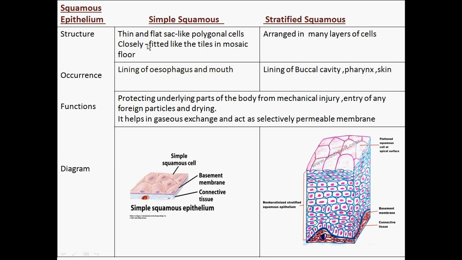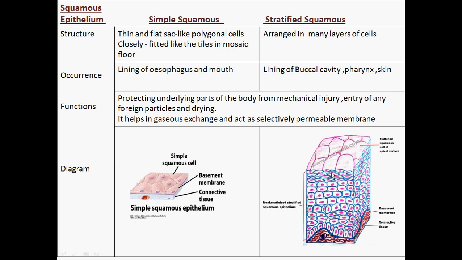Now students, the cells of the squamous epithelium are thin and flat. Why are they thin and flat? They are thin and flat so that they are able to absorb nutrients and other things from the different layers, and the permeable nature of this epithelium is the reason for its thin and flat structure. The layer of the cells is very thin. You can see in this figure, this is a simple squamous cell and it is a single layer, and below it there is a basement membrane which has been marked in the figure, and below that there is a connective tissue. It has a single layer so that it has a permeable nature, so that any substance can be transported easily through this particular membrane.